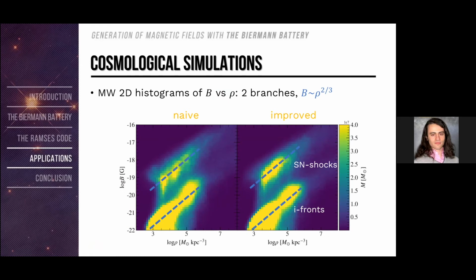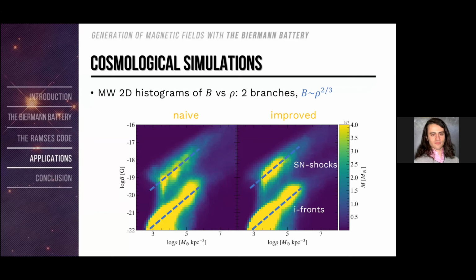And that's what happens if we zoom and use proper colors. We see that in reality, there is not one diagonal line, but two of them. And both scale correctly as density to the power of 2/3. And this second new branch that we discover here on top of the classical one is related, as I said earlier, to the propagation of shocks. And indeed, the amplitude of the fields in this high branch is as high as the fields previously seen in the hot bubbles, which again are generated by the high temperature supernovae, which is a nice result. And the two methods yield pretty much the same result, both quantitatively and qualitatively, which in a sense proves its robustness.